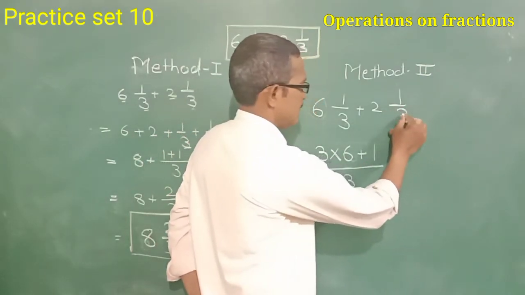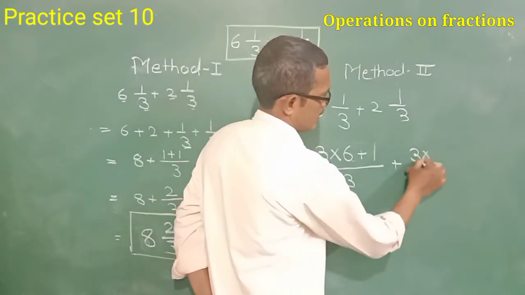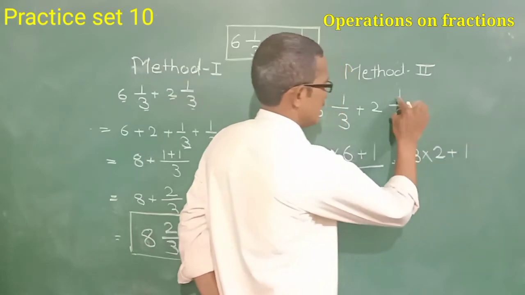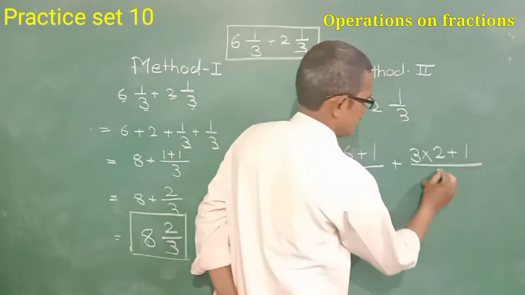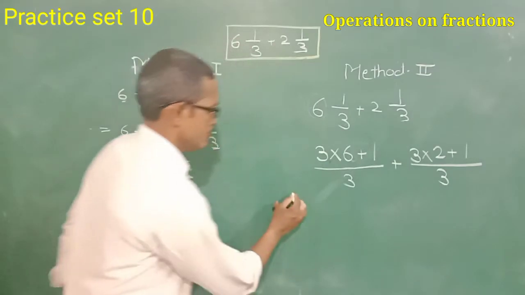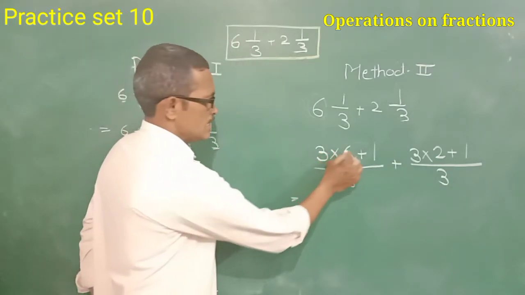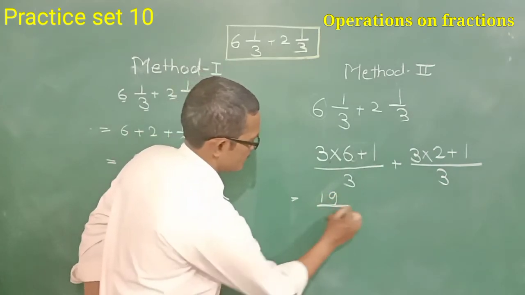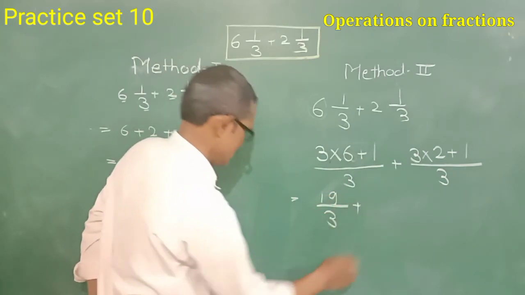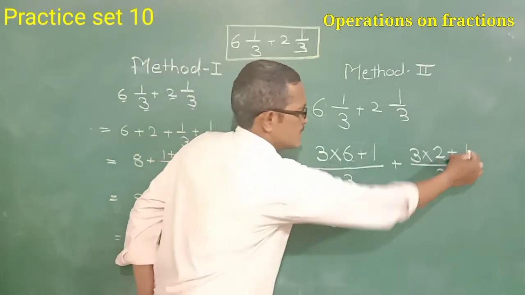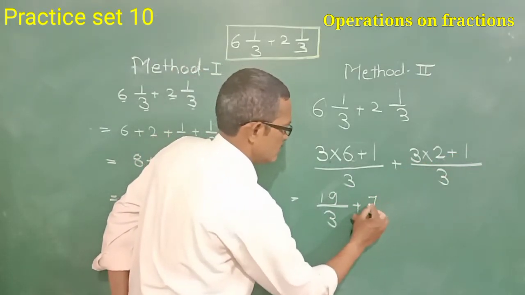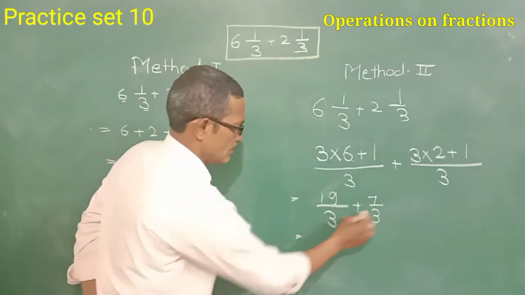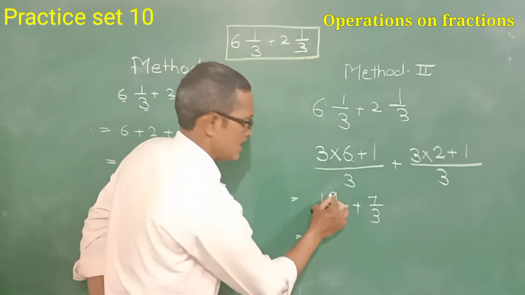We multiply 3 by the whole number 2 and add 1, divided by the denominator itself. We get 3 6s are 18, 18 plus 1 is 19 upon 3, plus 3 2s are 6 and 1 is 7, 7 upon 3. Since both are like fractions, we can add both, which is equal to 19 and 7